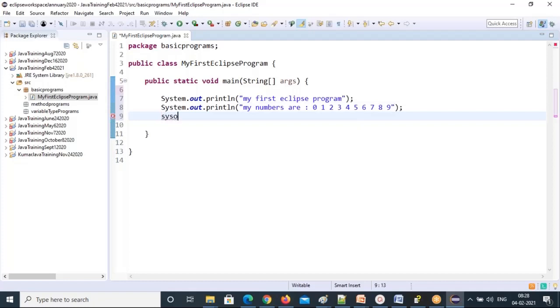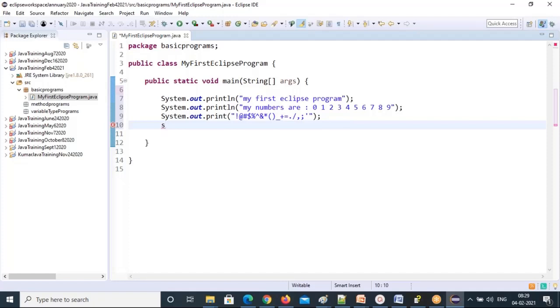So then you can do SYSO, Control space bar, Enter key. Then don't take println, just remove the ln and take the print method. I'm taking special characters, all special characters I'm putting. That's my special characters. I have taken the print method, not println.